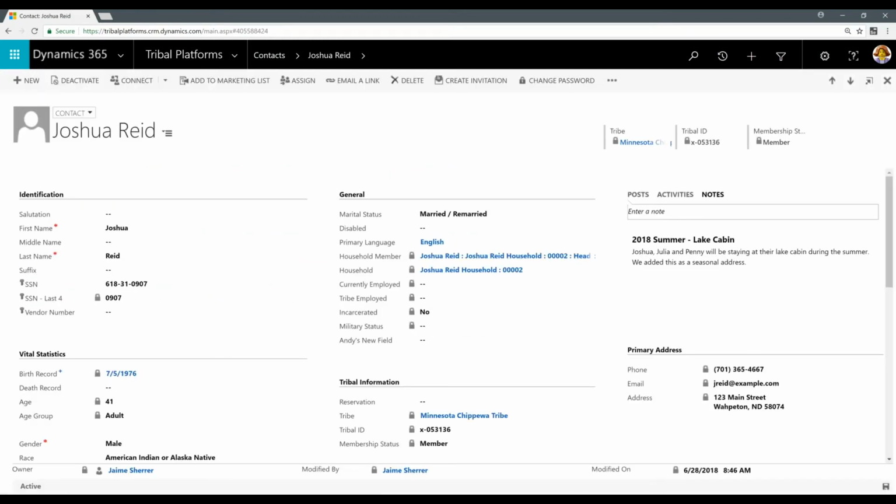The communication that we can track includes items, as we mentioned, phone calls, tasks, notes, emails, and more importantly, we can track that on the member record. So an example might be Joshua calls into the tribal enrollment office, and we have a conversation with him, and we record that detail within the system. When you're looking at the contact record, you'll see over here on the right-hand side, we have